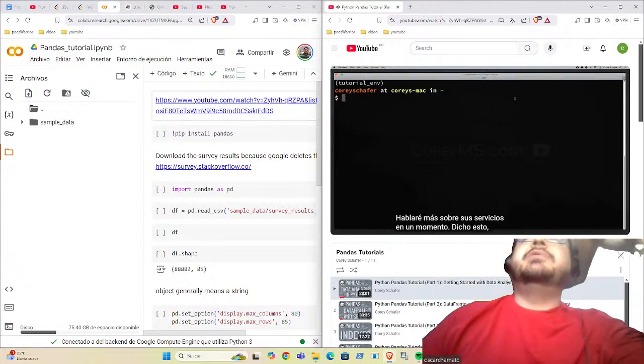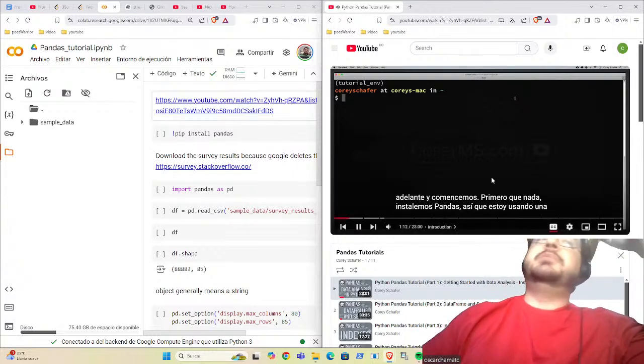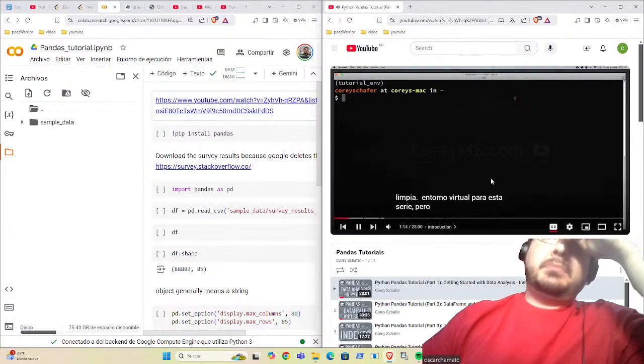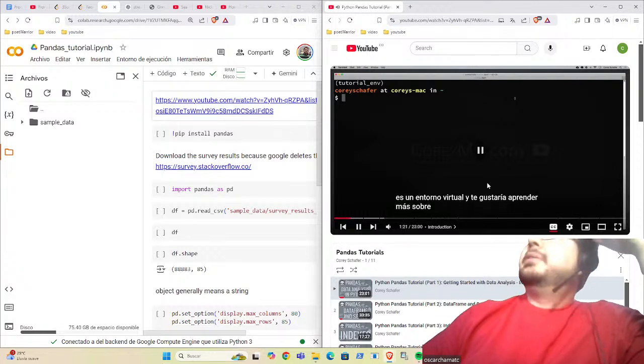So with that said, let's go ahead and get started. So first of all, let's install Pandas. So I'm using a clean virtual environment for this series, but you don't have to use a virtual environment if you don't want to. If you don't know what a virtual environment is and would like to learn more about